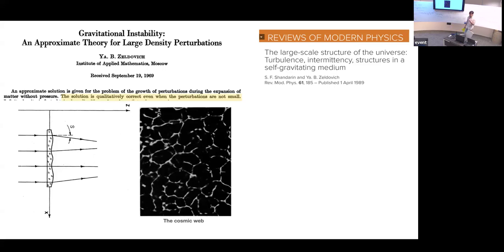Even back then, he recognized that this was a perturbation theory in the displacements, but not necessarily in the densities, which is what Peebles was doing back in the day. So this is very qualitatively different. But in this review article, they point out that the way you should be thinking about structure formation is if you have many, many light rays that were propagating in parallel, and then they all get scattered by some initial corrugated lens, which looks like this density distribution at very early times.